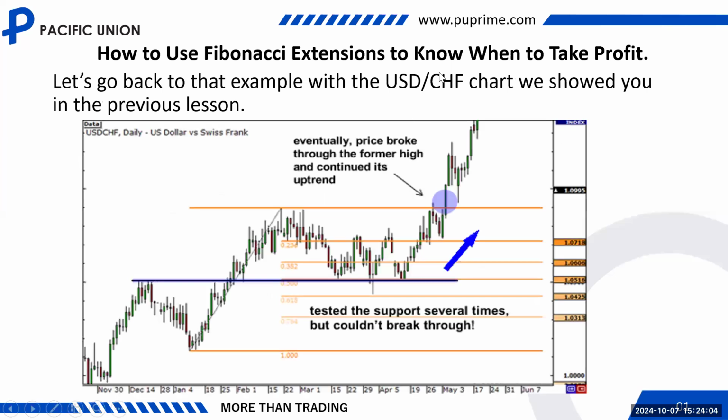So again, to use Fibonacci extension levels to know when to take profit, we'll go back to the previous example we saw earlier, the daily chart on the USD CHF. And here we can see that price eventually broke through the former high. We have a former high here. This is the previous high. Price broke through the former high and continued in an uptrend. Don't forget, we found a support level on Fibonacci 50 from where the price bounced into the bullish direction,